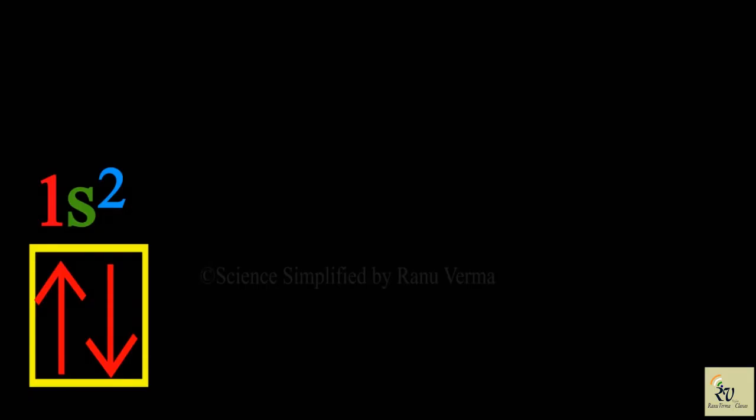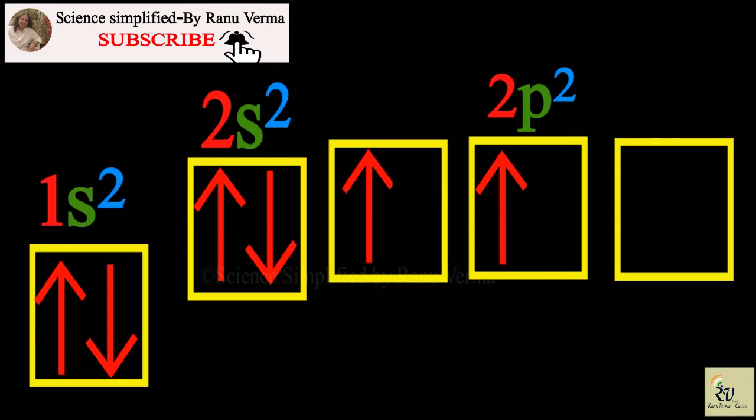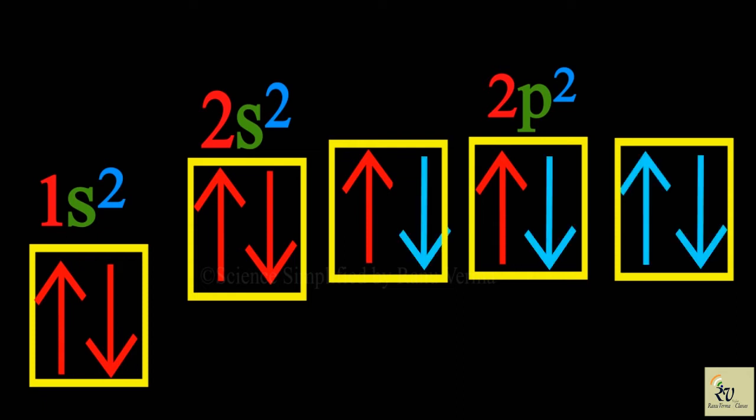Now see the SPDF configuration. 1s2, 2s2, 2p2. Means the first s has 2 electrons, the second s has 2 electrons. Both are fulfilled. 2p2 has 2 electrons, while the p orbital has 3 orbitals. Each can accommodate 2 electrons, means a total of 4 more electrons can be occupied in the 2p orbital to make it 2p6, a fulfilled orbital. The SPDF configuration also shows that carbon requires 4 electrons to complete the p orbital.